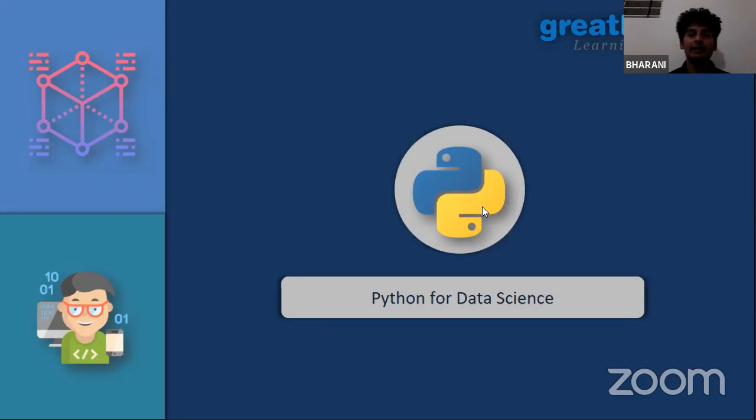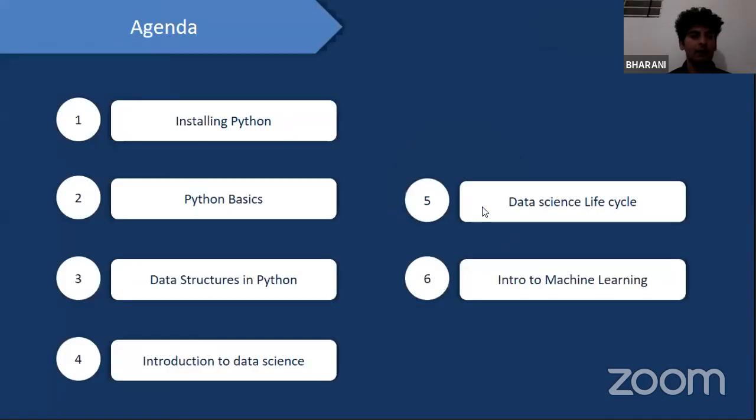Now, without much delay, let's have a quick glance at the agenda. So we'll start off by installing Python and we'll also install some IDEs. So we'll install PyCharm and we'll also install Anaconda and we'll work with these and understand what exactly are these. After that, we'll look at some basics of Python. Now, when I say basics of Python, we'll basically work with data types, variables, and operators and properly comprehend what